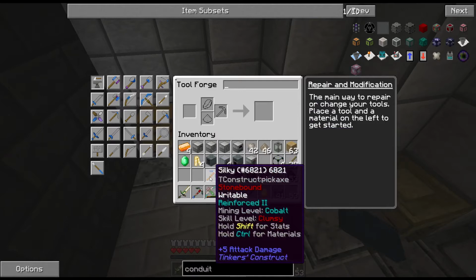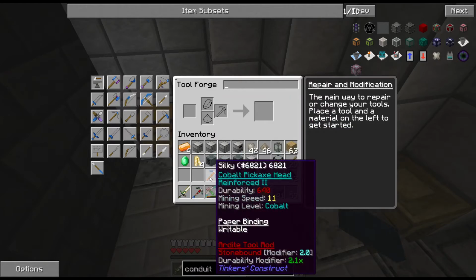Oh, and I named it Silky. I'm like, wait, how does it have Silky on it? Right, I made a new pickaxe. It is a cobalt pickaxe head, a paper binding, and an ardite tool rod. The ardite tool rod has a stonebound modifier of 2, so the more durability damage it takes,